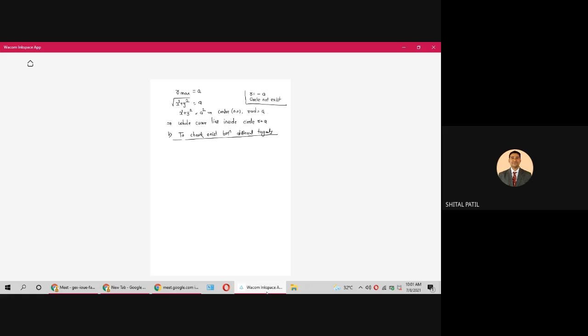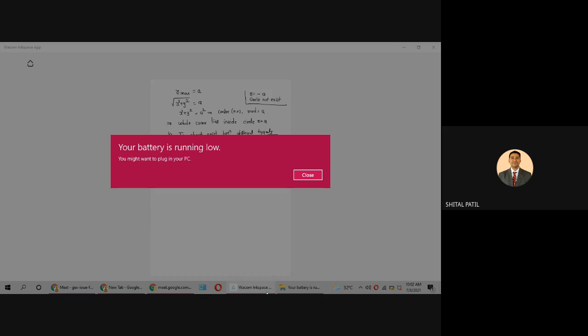What are the tangents? If this is the x and y axis or coordinate system, we have seen that theta equal to pi by 4 is one tangent. Then 3 pi by 4 is the second tangent, 5 pi by 4 is the next tangent, exactly at the center of each quadrant, and 7 pi by 4. These are the different tangents.